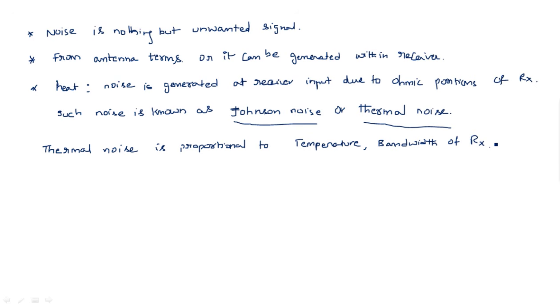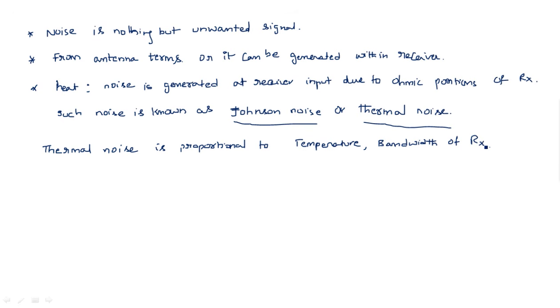In the receiver we have several blocks, as I told you already, right from the beginning at the low noise RF amplifier till the end at the display section. I am just giving the introduction. What are the blocks we have in the pulse radar system? If you have any doubt, you can go back and see. First we have the receiver input. At the receiver input, low noise RF amplifier, followed by mixer, IF amplifier, and next the detector, after that the video amplifier, threshold, and then display. Among all these, which is the deciding factor of the bandwidth for the receiver?